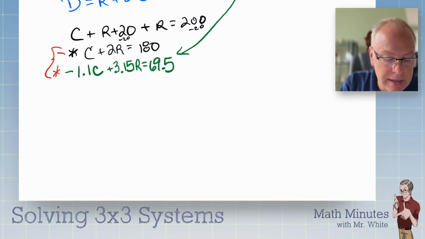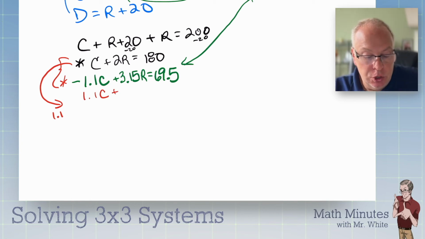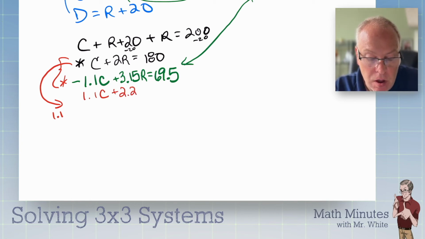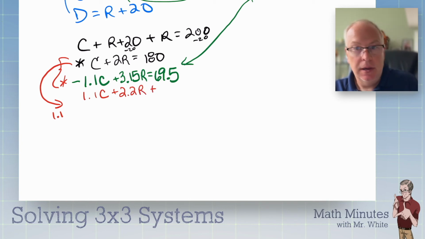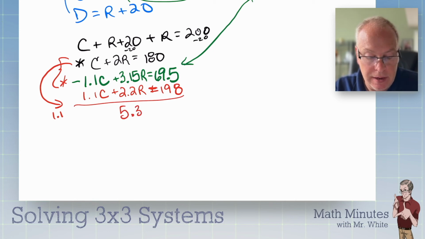And it looks to me like I'm going to transform this by multiplying by 1.1. And we get 1.1c plus 2.2r plus, and then go to your calculator, 180 times 1.1, and I got equals 198. Right now, I'm going to add those together. I get 5.35R